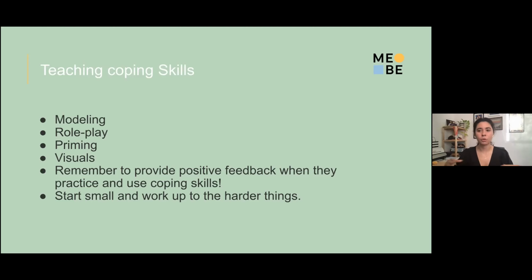Priming also kind of goes into role play. In a couple minutes, Dylan's going to be here. Let's go over what you can do when you're feeling upset. What can we do? You can take a break. What's something else you can do? And what's something else you can do? Ask for help. Take a deep breath. Squeeze your hands. Another thing that can be helpful for a lot of kids is to have visuals. They can have a card that they carry. You can have a sign posted in their bedroom. These are 3 things I can do when I'm upset. I can ask for help. I can take a deep breath. I can wait 5 seconds before I say something back.